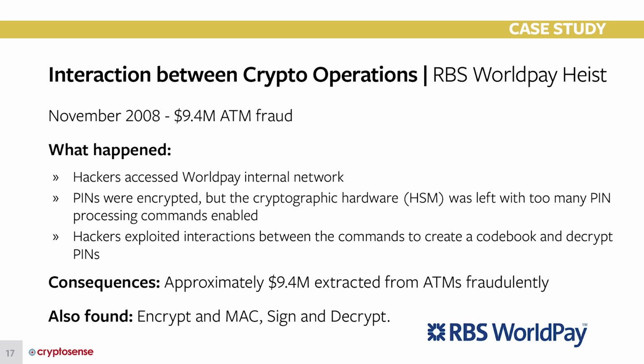And what they found on the hardware security module was there were too many options that were still turned on, which allowed them to create a kind of code book. They would put in some clear text PIN codes, see what they looked like encrypted, and then match them against the real PIN codes that they saw in the network. By doing that, I think they got about 43 PINs that they watched come through, and then they basically generated magnetic stripe cards and did a worldwide cash out operation, which is the standard methodology for this. You go to a country where there's only a magnetic stripe card, no chip, to make it easier. And they made about 10 million bucks from that.